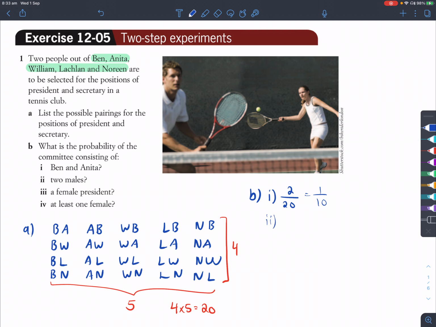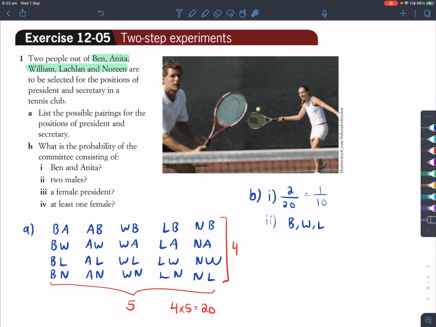Now for part 2, 2 males. Well, if we want 2 males, then that represents where there is Ben, William, or Lachlan. So as long as it's B, W, or L, okay, then that's fine. But there has to be 2 of them. So what we do is this. If we want B, W, or L,